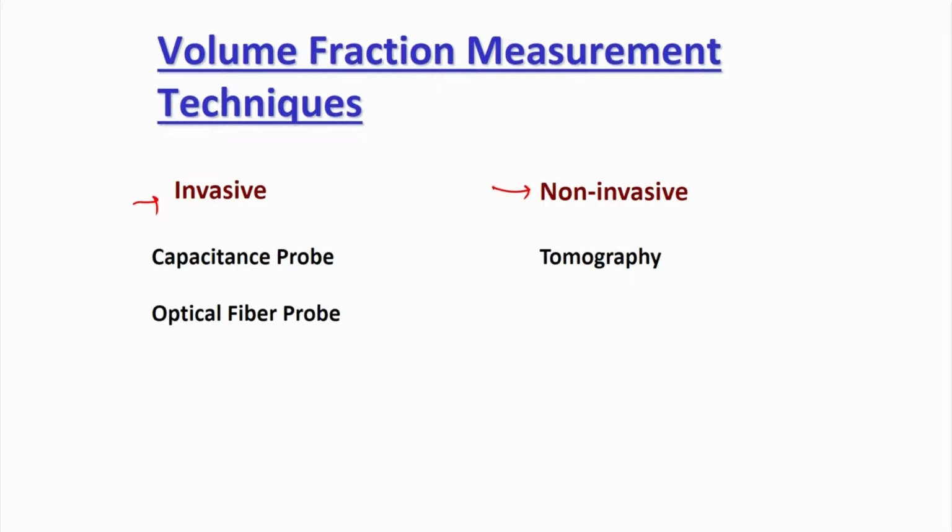The major disadvantage is that because you are intruding inside, you may change the flow field at the point of measurement itself. It means you may measure something which never exists in the true system. That is the major disadvantage of invasive techniques. Still, several invasive techniques are being used. The major reason we use them even now is that they are very cost effective, very cheap compared to any